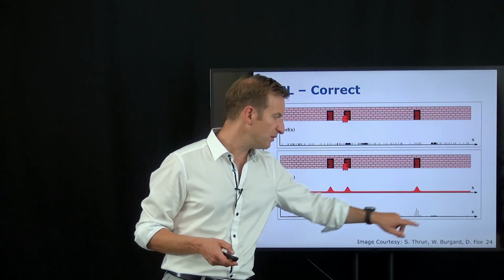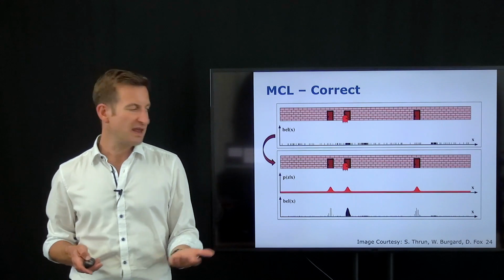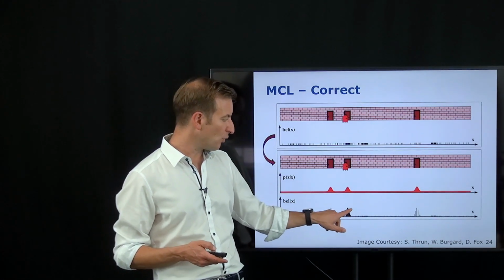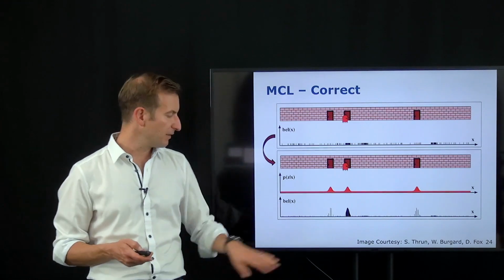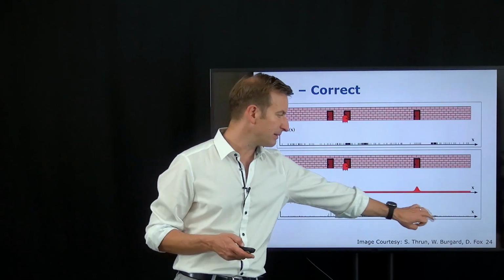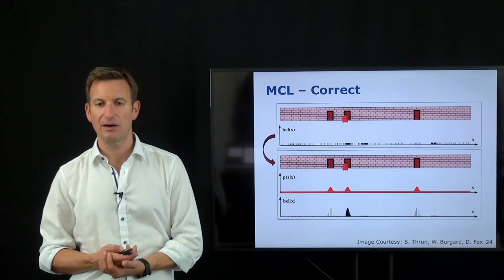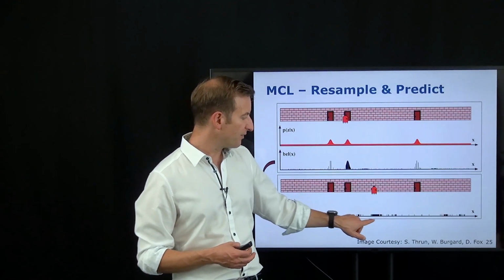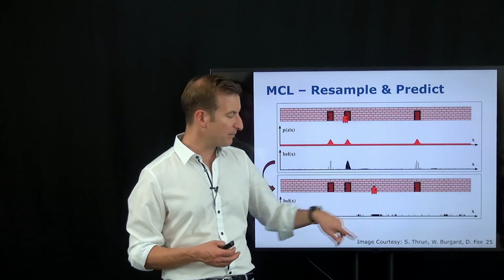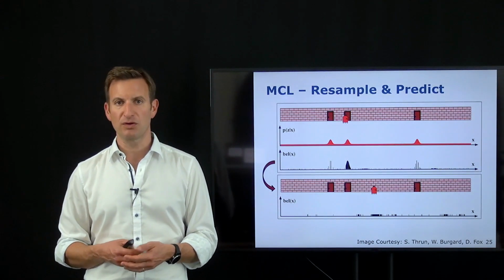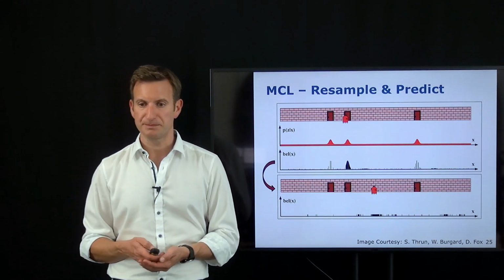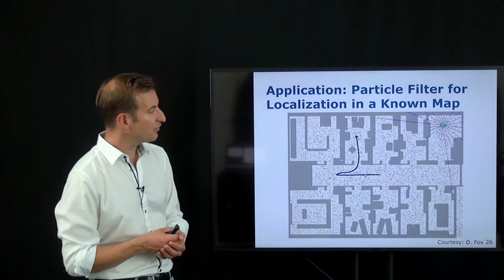And we have, again, a few of them sitting over here. So in the next resampling step, those will be replicated dramatically more often than all the other samples. A few of those as well, but most of the others are likely to die out. And then integrating the prediction step of the next motion, I will see that the majority of samples will be distributed over here, representing the position of the platform. So again, a small animation.